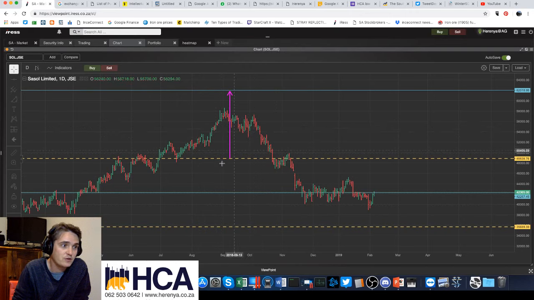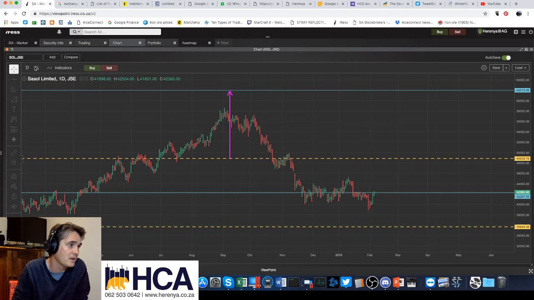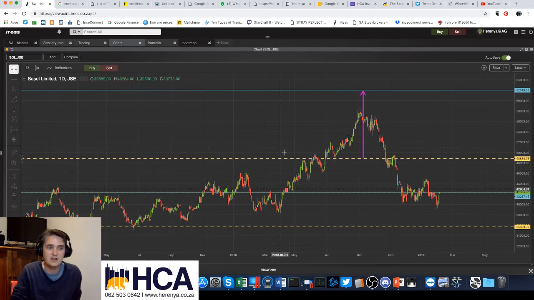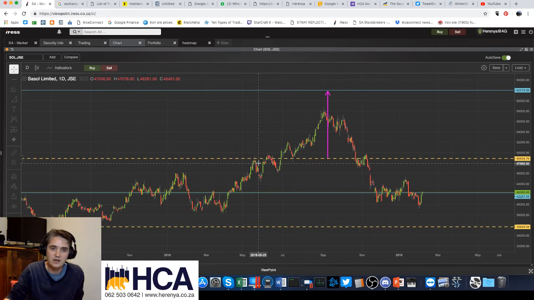But it's a nice way for you to identify ranges. Now keep in mind, this is a daily chart, so we are looking at many months here. This range is absolutely huge. You might be interested in trading smaller ranges, not a trade for the next 2 years kind of thing, but rather for the next couple of weeks. So this might not necessarily be a good example for you to trade.